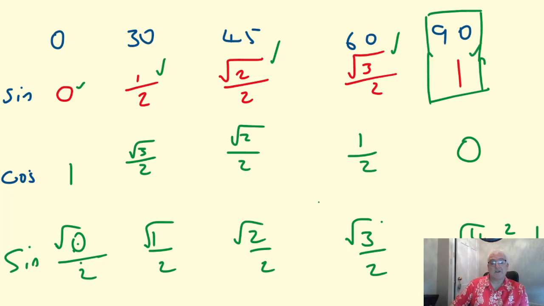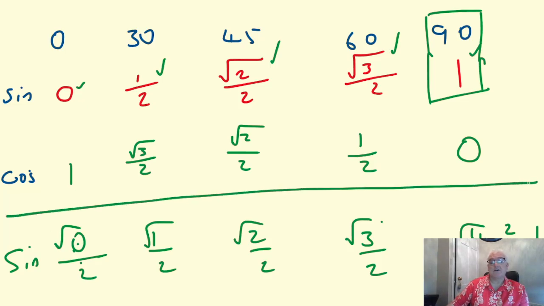So if it helps to think about these numbers as 0, 1, 2, 3, 4, all square rooted, divided by 2, that would give you an exact answer as well. So you can write it like that to be able to calculate it. Normally you're only going to need these values in a non-calculator paper, so it's not something you're going to be able to put into a calculator in that surd form. You would need it in the form at the top, but if it helps you remember it,